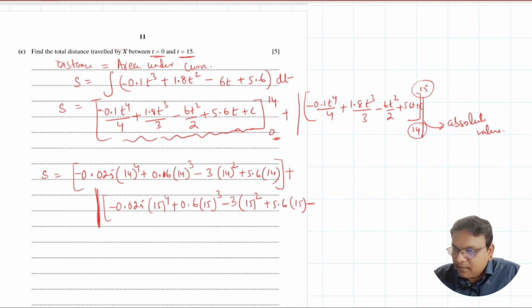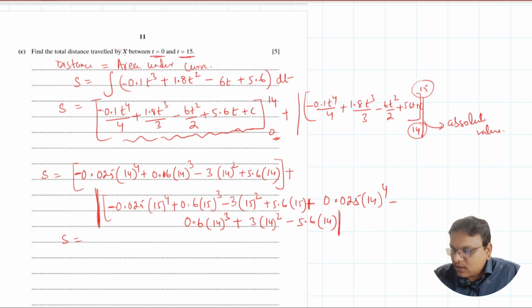This is the upper limit minus, and the sign will change, be careful of the sign, minus, so it will be 0.025 times 14 power 4. Here it was minus already, so minus minus will become plus, and here it will be minus 0.6 times 14 cube plus 3 times 14 squared minus 5.6 times 14, and close it. So when you solve this, you will get